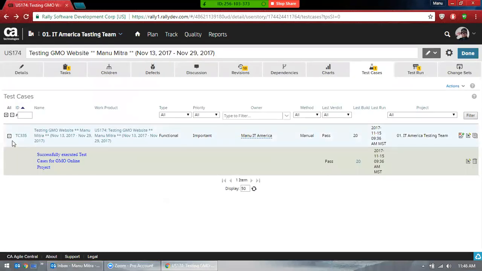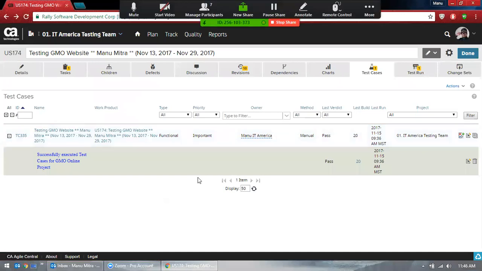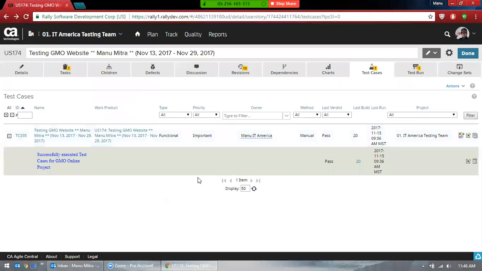Does it make sense? Because if you're not putting any documents here, if you're not putting any evidence, you don't have a valid argument to tell your boss that you've tested properly. At the end of the day, it's evidence which matters. If there's no evidence, that means you haven't tested. Simple. Even if you have spent a lot of time testing, it's completely useless if you don't put any evidence.